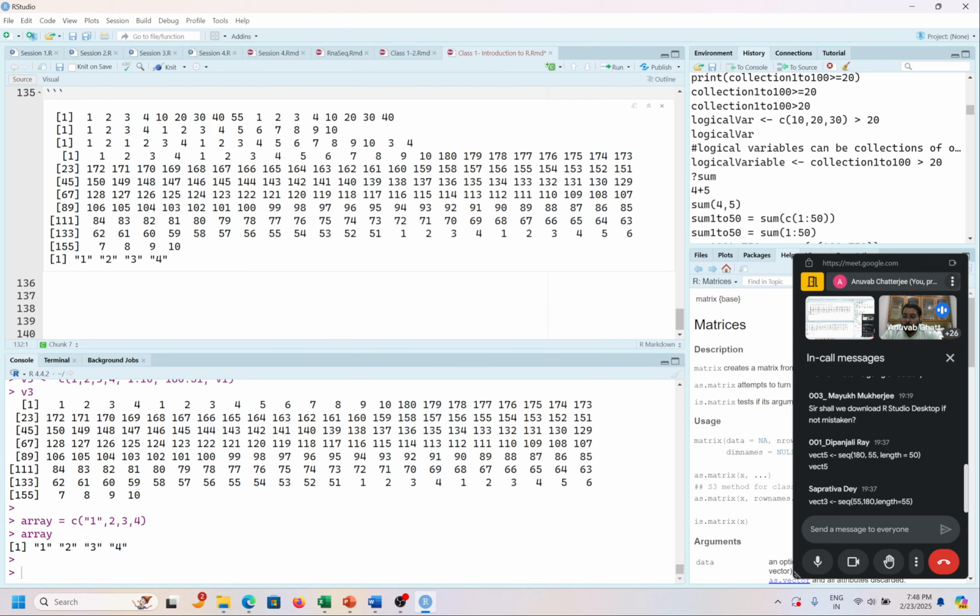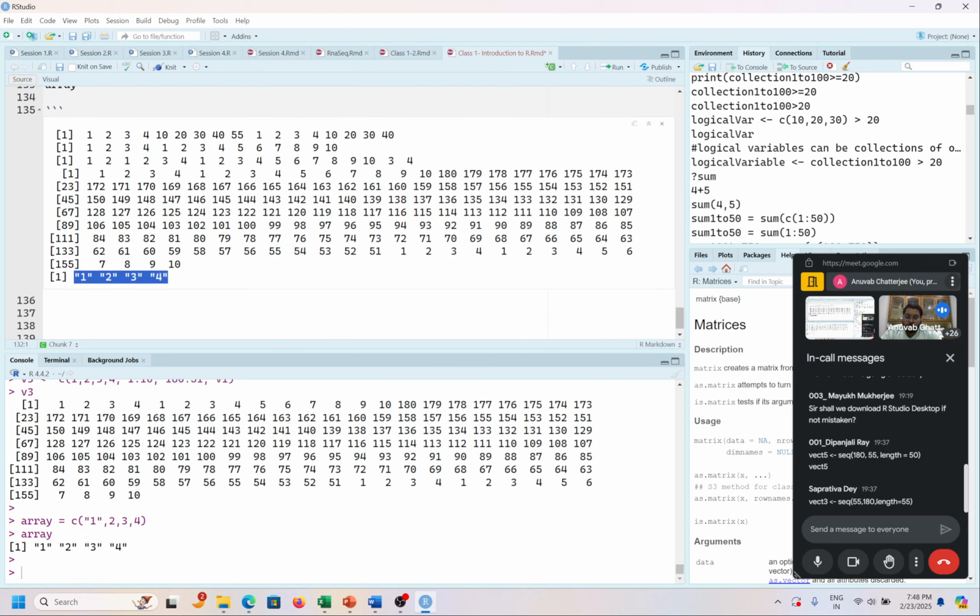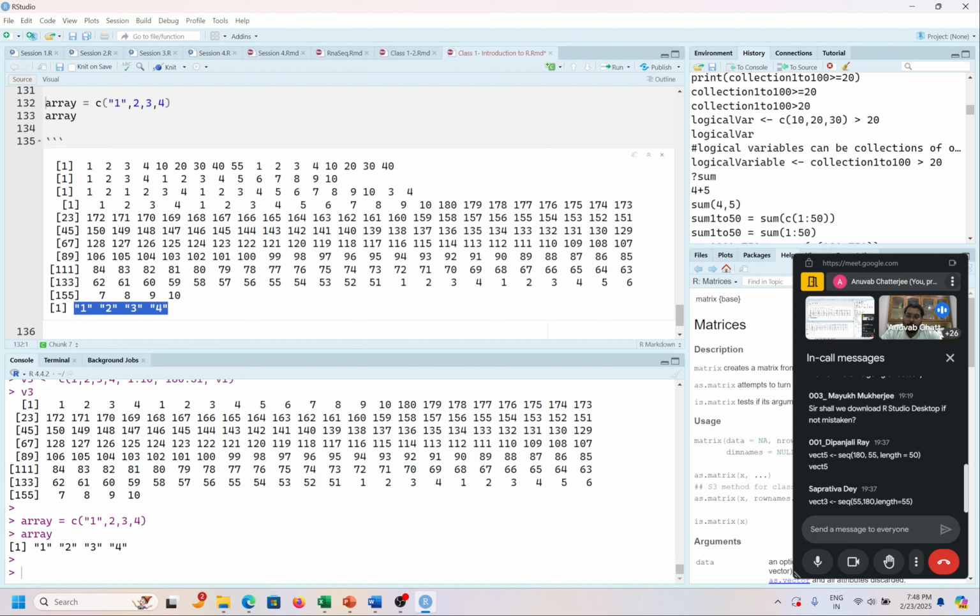So that এবার 1 2 3 4 সবকটার উপরই কোটস চলে এসেছে। কেন কি এবার অ্যারেটা ইজ ইমাজিনিং কি everything inside this bracket is actually a string, so it can't have both types of variables, একটা স্ট্রিং আর একটা নিউমেরিক। ইদার সবকটা নিউমেরিক হবে আর সবকটা স্ট্রিং হবে। সো একটাকেও স্ট্রিং ডিক্লেয়ার করলে সবকটা স্ট্রিং হয়ে যাবে।